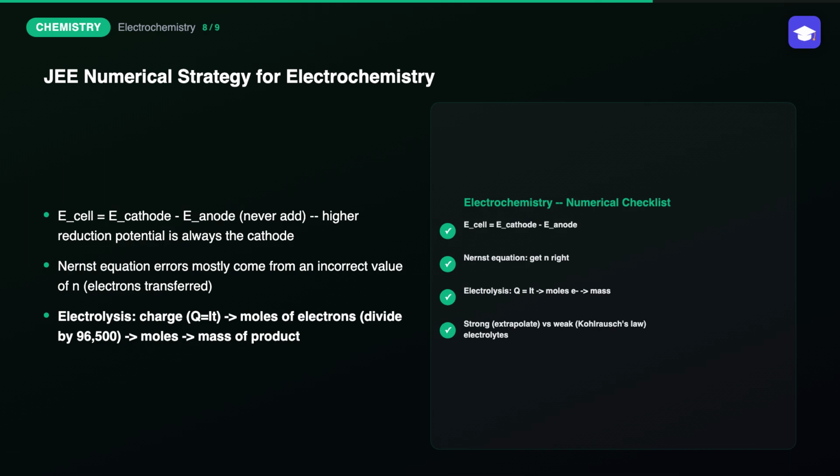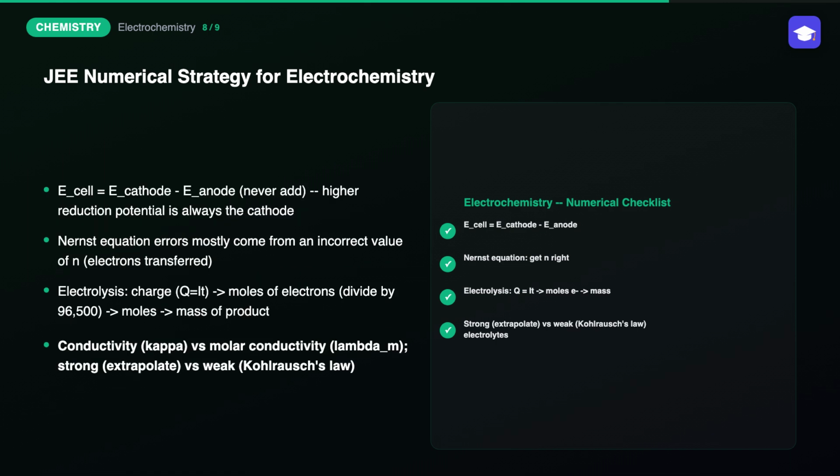Third, for any electrolysis problems, always start explicitly from charge. Q equals current times time, then convert that charge into moles of electrons by dividing by 96,500, and only then convert moles of electrons into moles, and finally mass, or the actual product, using the correct, specific electron stoichiometry for